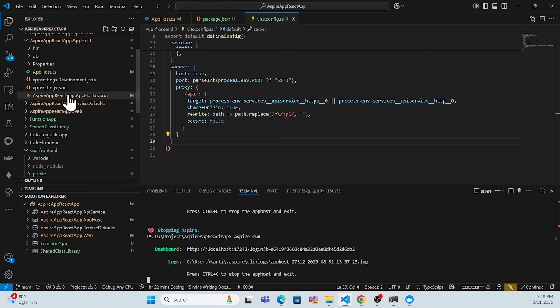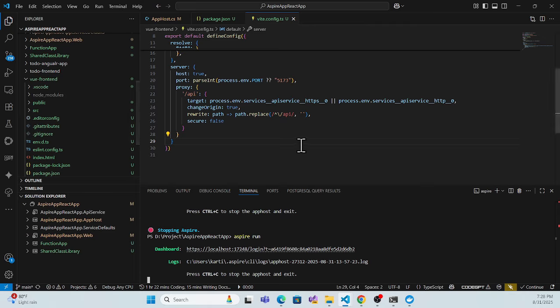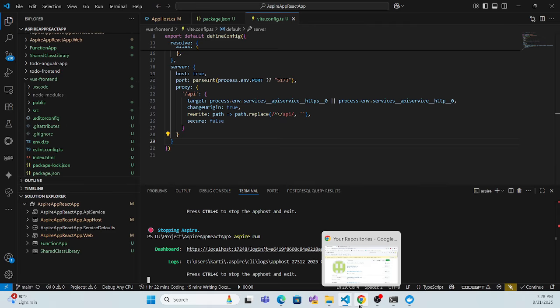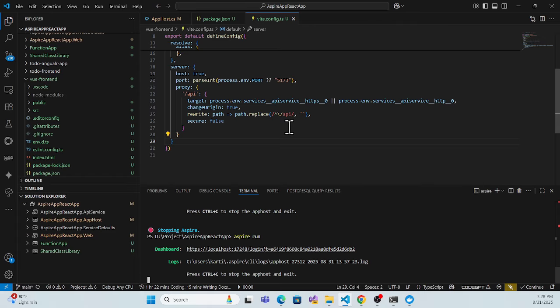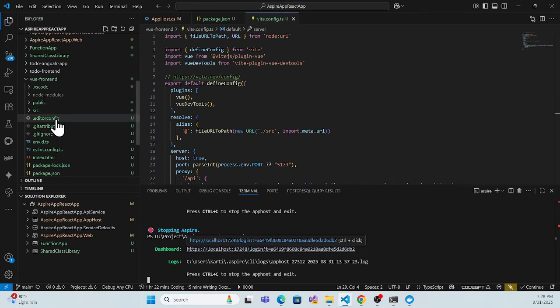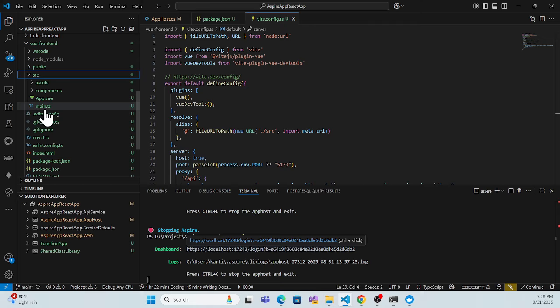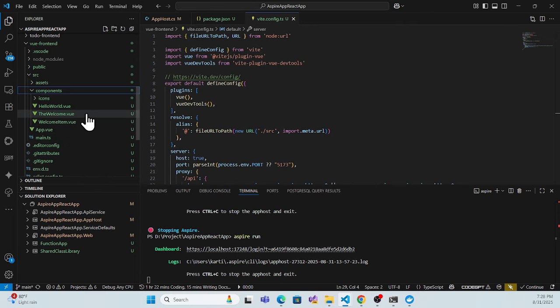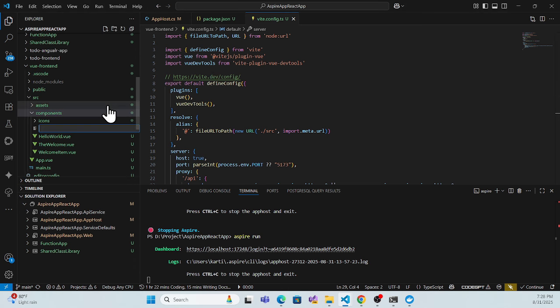Okay, so now I can simply integrate our API service which has the to-do list, right? That to-do list, like we consume in other places in our Angular or React, the same thing I can do over here. So for that I can go to the service src folder, go to the component folder, which has the default component over here. I'll create a new component like to-do list, something like that. So I'll create a new file over here. Name would be to-do